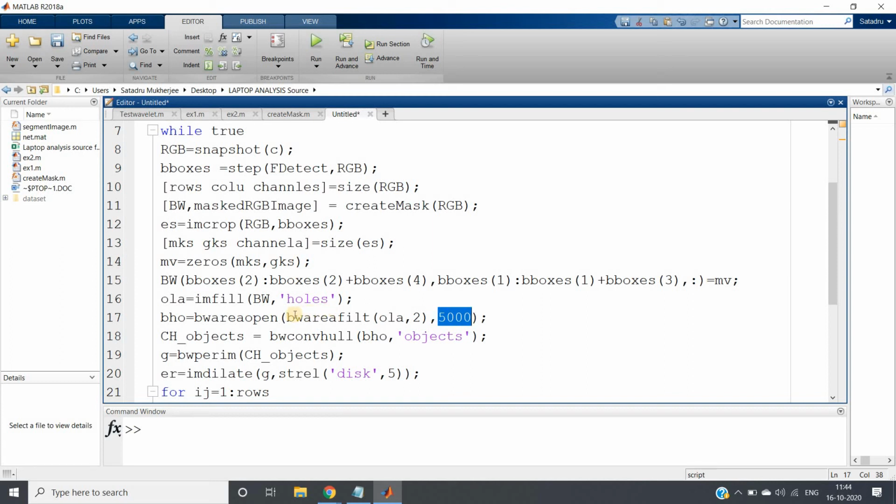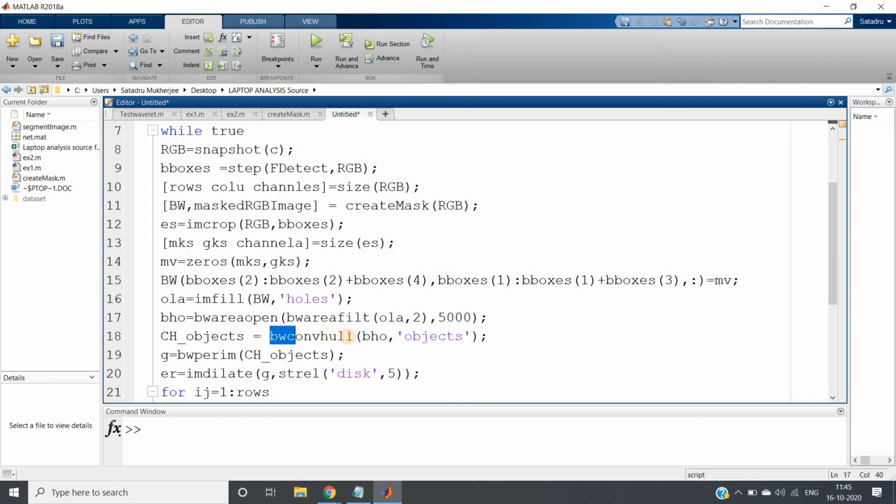Now you might think that if I am already taking the two biggest objects, why do we require this? Because sometimes when you are showing only one hand, some part of your neck might come, and the neck is a very small part, so obviously it contains fewer than 5000 pixels. By trial and error I got this, and I am filtering this way.